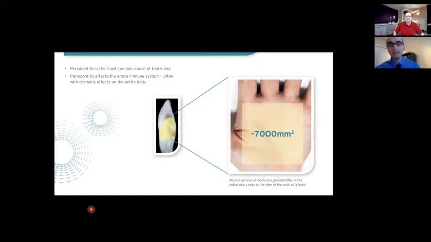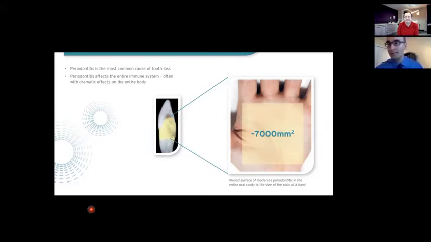And this study is very, very important. I have this print in my practice, and I show them in a patient with multiple 5-6 millimeter probing depths when you have a generalized moderate periodontitis. If you calculate all those tiny bleeding areas of your pockets, it can be as big as the surface of the palm of a hand. And I always tell my patients, if you have a wound as big as the palm of your hand, are you going around with no bandages or